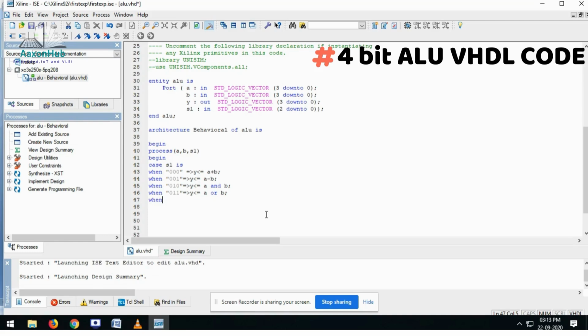Next, the XOR operation. And the last case for the SEL signal is 1 1 1.